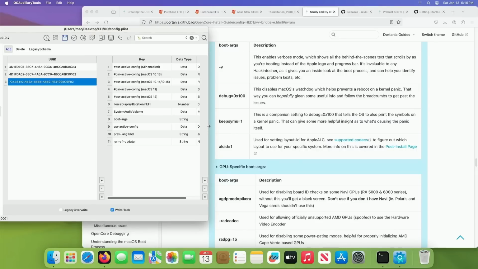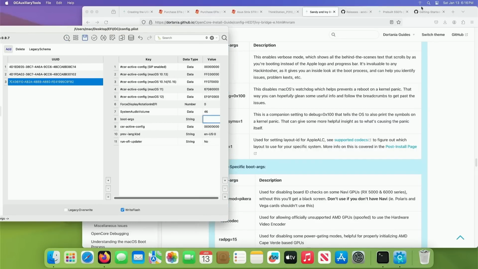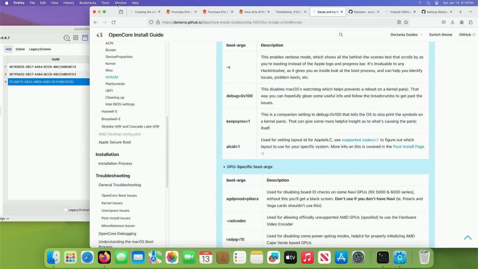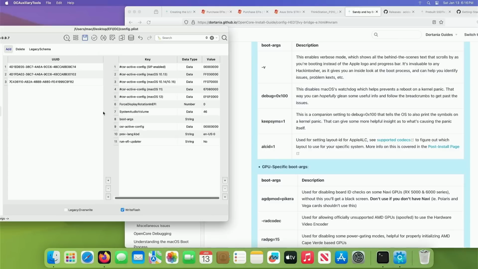So the first thing we want is the -v, and that is called verbose mode, and that's all the text you're going to see while this thing is installing and booting up. The reason we want to see it is if it gets stuck somewhere, we want to know where it's getting stuck instead of staring at just an Apple. Okay? And then we'll put in debug